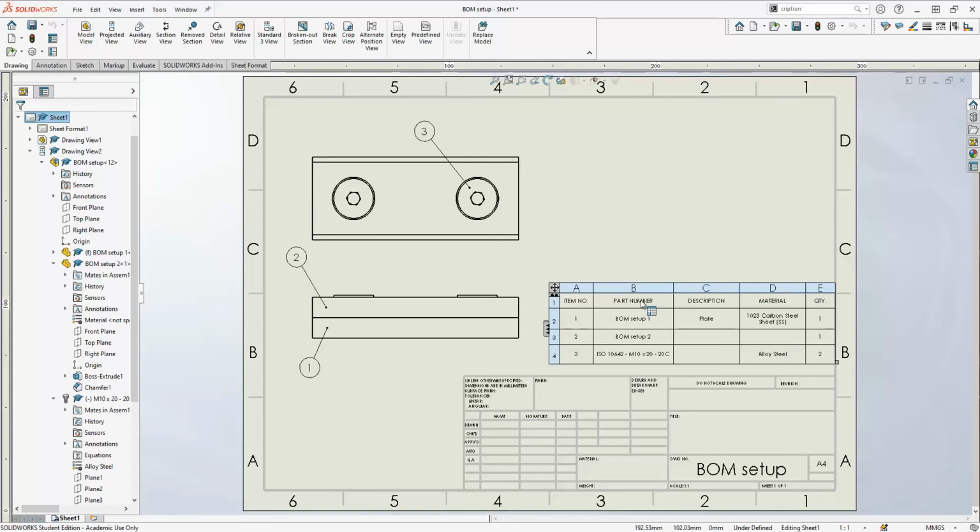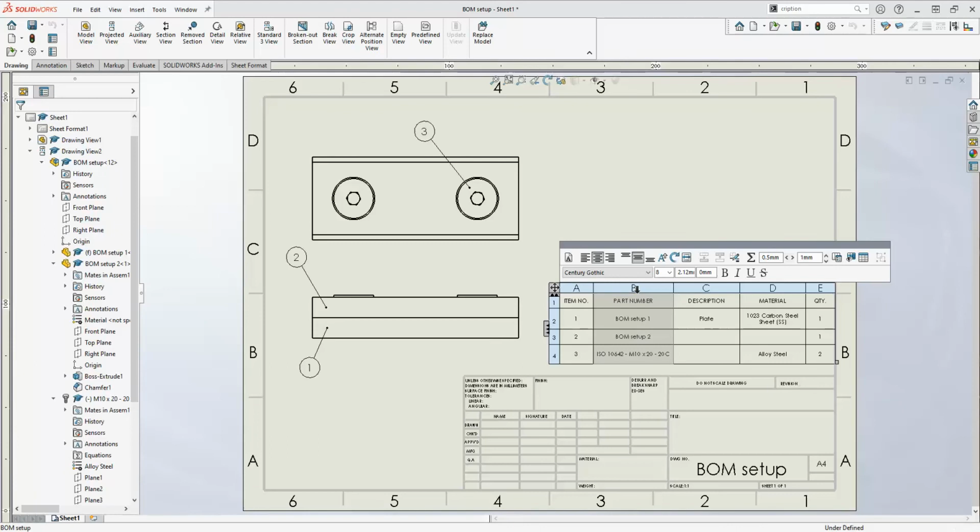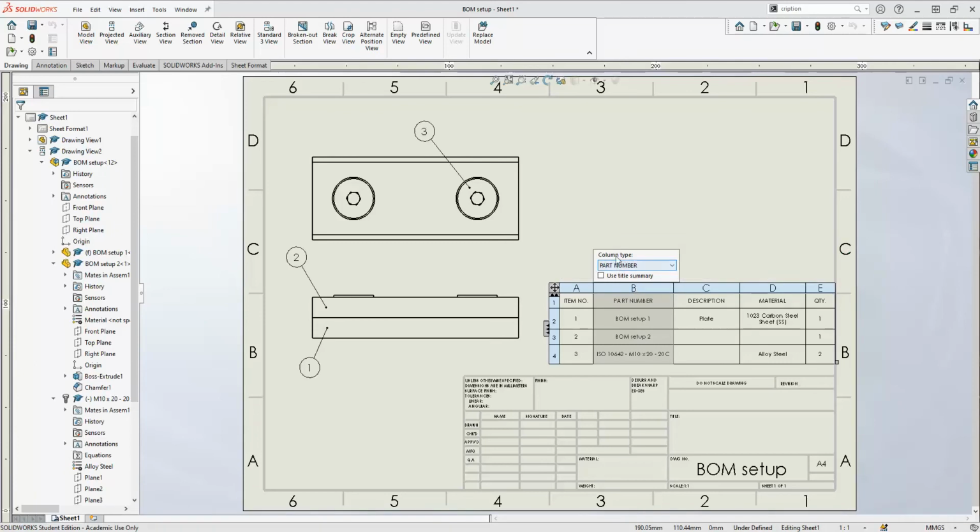The first problem that's apparent is the part number is not actually a part number, it's the file name of the various parts that make up the assembly. That's because this is configured automatically, and like a lot of things that are done automatically, it's not quite what we're after. So if we highlight the column and then double click it, we get a little menu up here